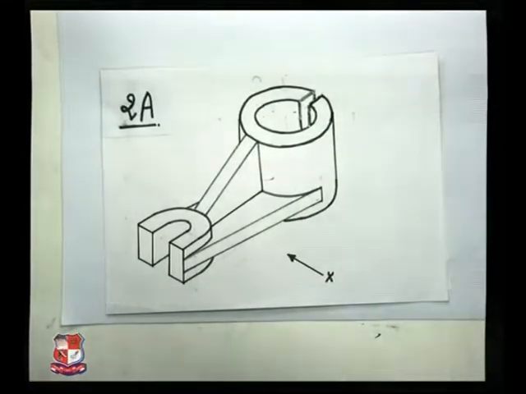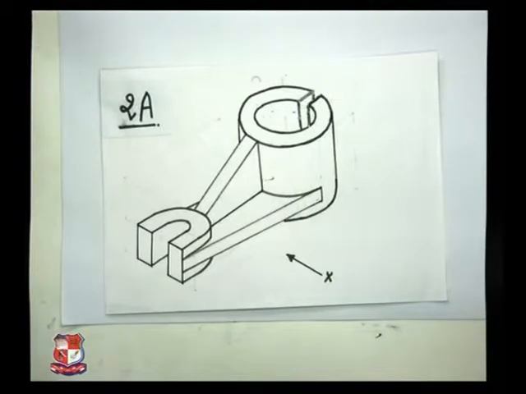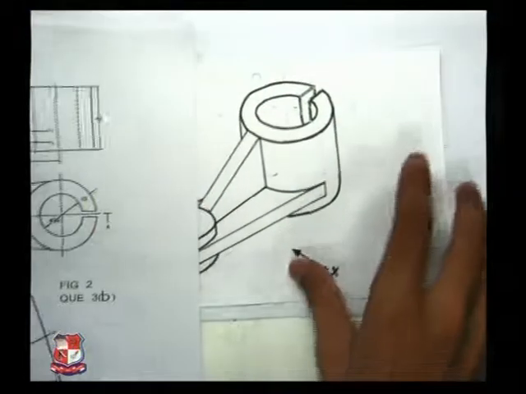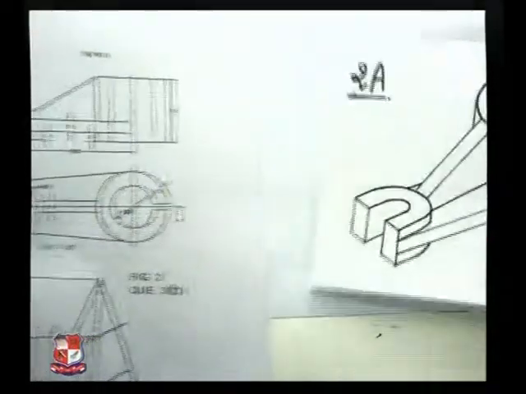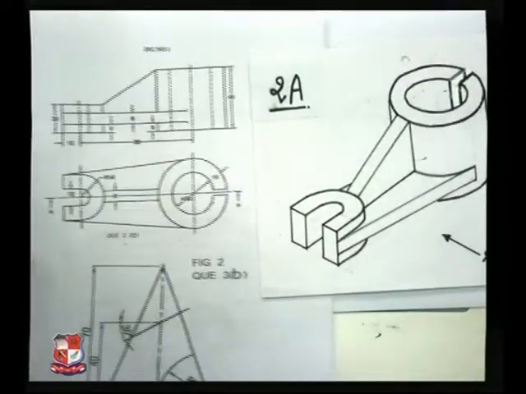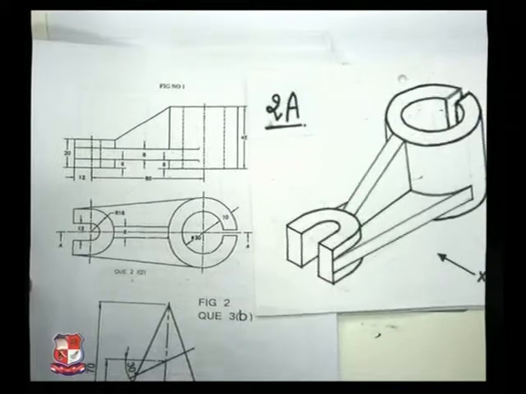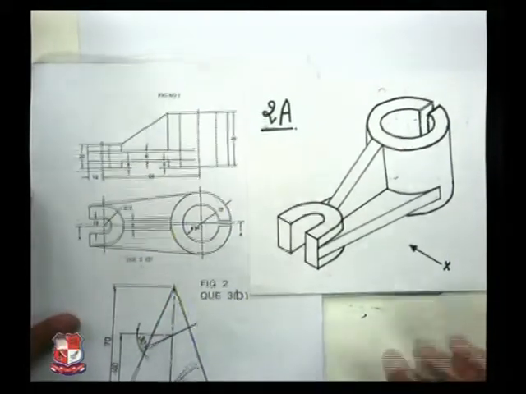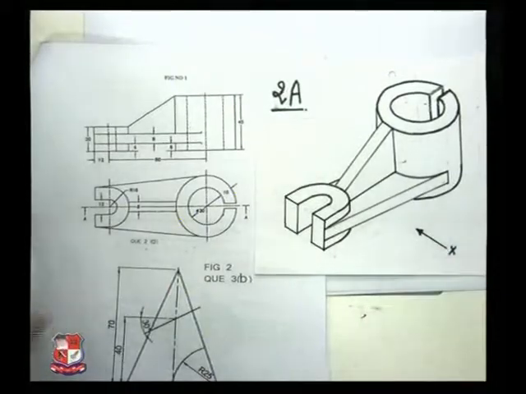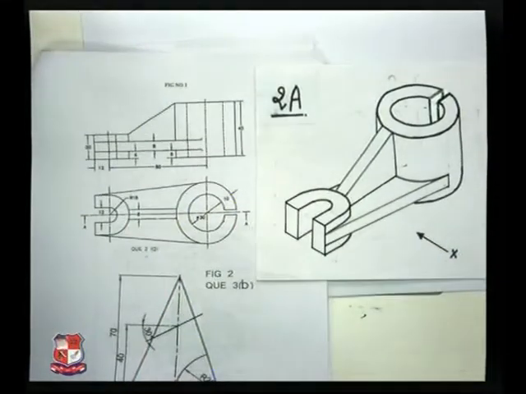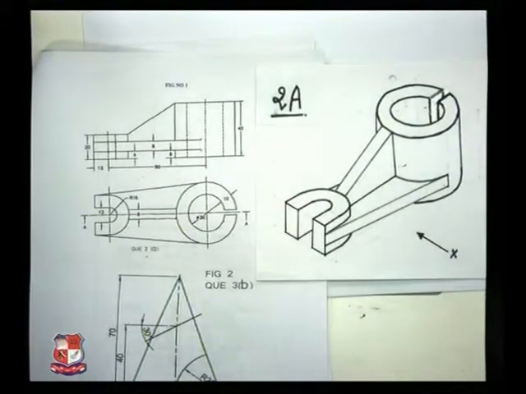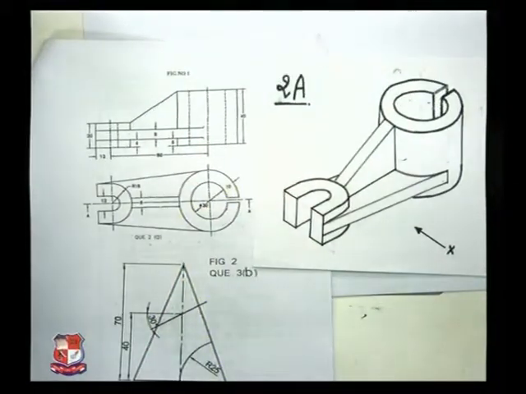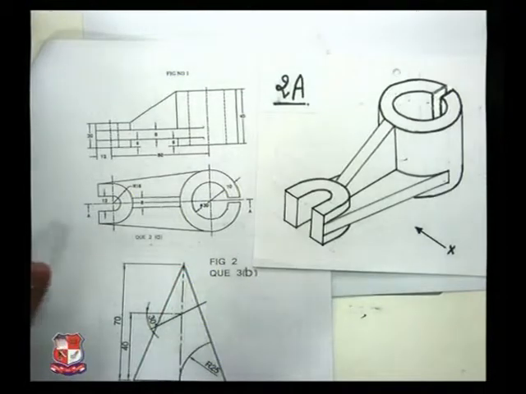Because its two views are given to us, from these two views you need not draw this isometric view. In exam, it's not needed to draw this isometric view, but to draw its left hand side view, we should know what the actual shape of the object is. In examination, these two views are given to us. We have to draw sectional views: sectional front view and left hand side view.